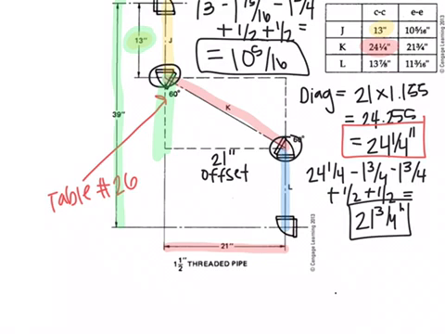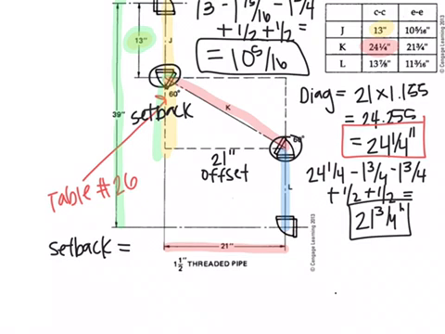To figure out this length right here, you are going to use data table 26 like we did before, but this time instead of solving for the diagonal, we are solving for the setback. This is called your setback. Data table 26 says to take your offset and multiply it by 0.577 because it's a 60-degree angle. Okay, I'm going to write this down. To find your setback,